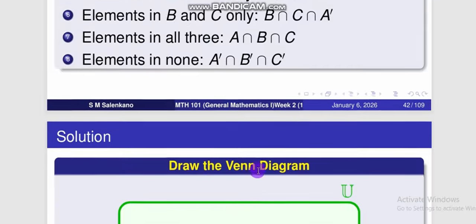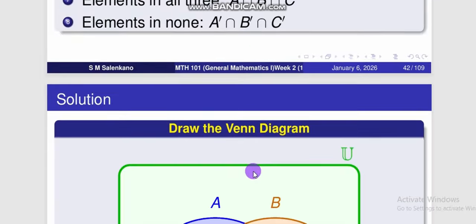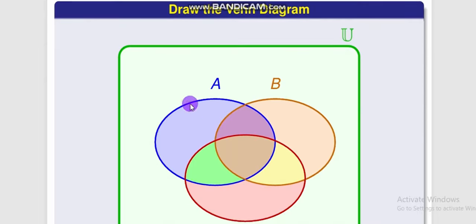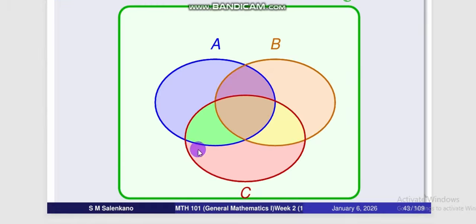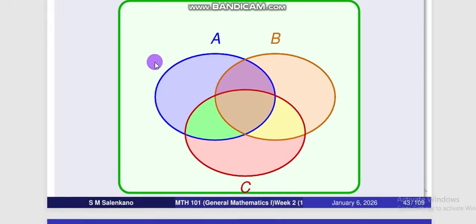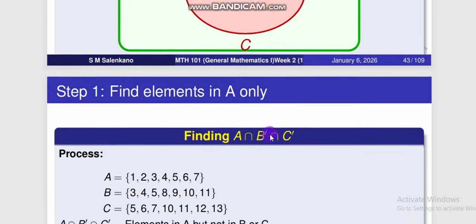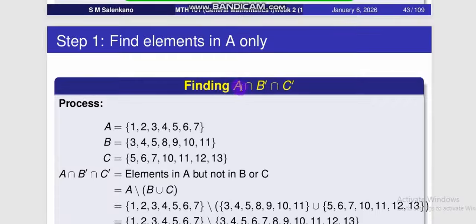Okay, solution. The first thing we are going to do is to draw the Venn diagram with the overlapping circles. You see, this is our set A, this is our set B, and this is our set C. Okay, now we start the distribution. Okay, find element in A only. This means I have to find elements that are in A but not in B and not in C. Okay,